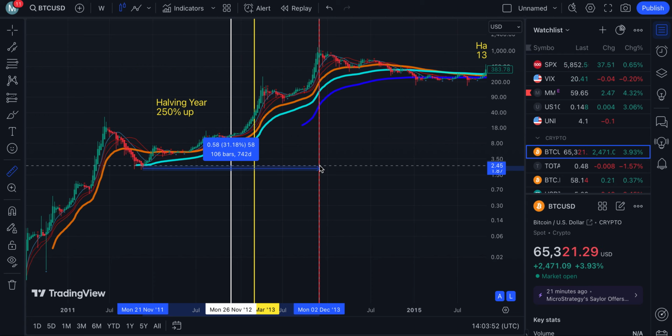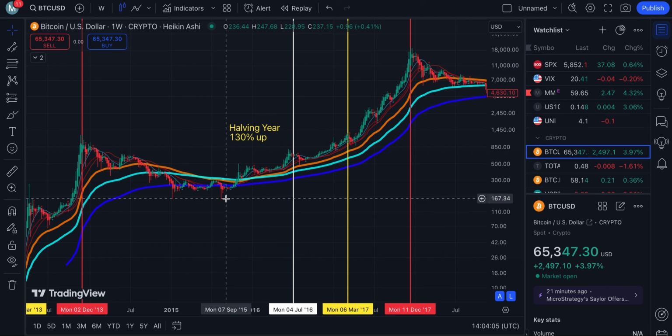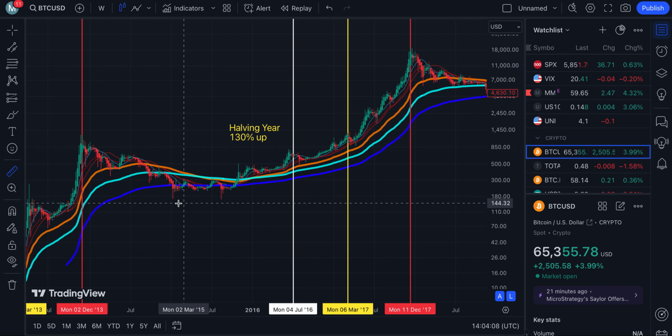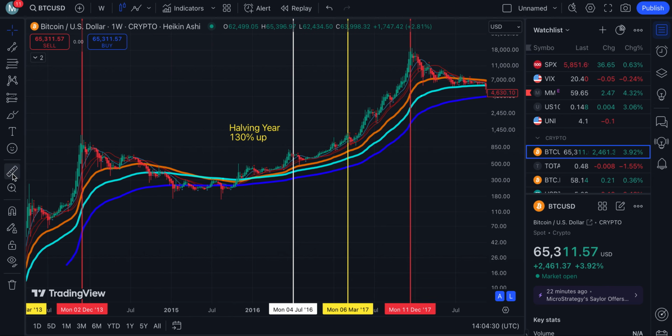So a little bit over 2 years. You guys know 355, 56 days in a year. So you do that times 2, that's about 700. So a little bit over 2 years to the eventual peak, 742 days. All right, you can see here there was a double bottom. So let's measure both of them out just to see what we got. This was to the 2017 peak. And you can see there 1,064 days. I'm going to pull out my phone calculator quick and see what that shows. So 1,064 divided by 356 days, that's about 3 years. So there are 3 years from that bottom to the peak.